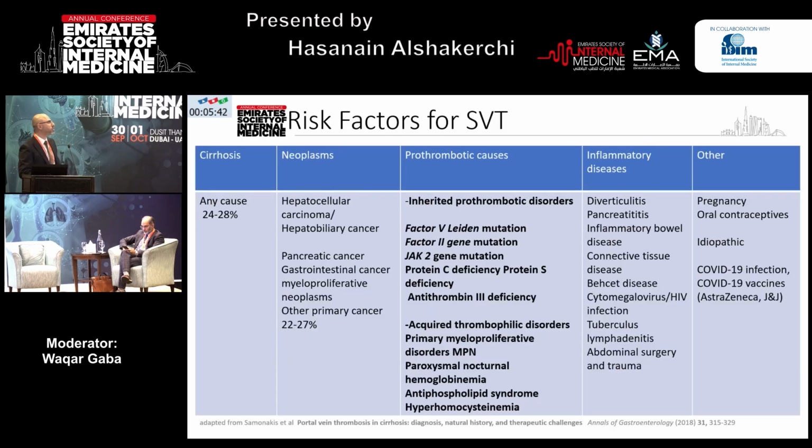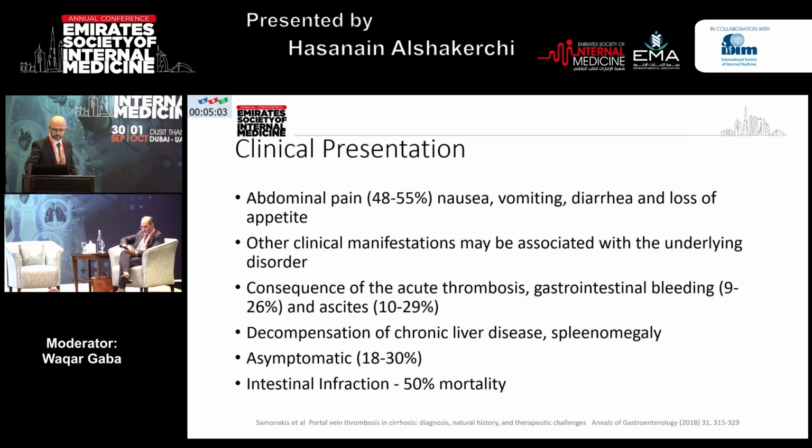Risk factors. It's important to know about the risk factors for all the unusual site thromboses, because your further investigations will depend on that. Cirrhosis and cancer are straightforward, but if none of that is present, if the patient doesn't have active cancer or known cirrhosis, they must be screened for inherited thrombophilia, for myeloproliferative neoplasms, and for PNH. Think of Behçet disease. These are the commonest. So screen for JAK mutation. These are the commonest causes, outside cancer and cirrhosis, of splanchnic vein thrombosis.